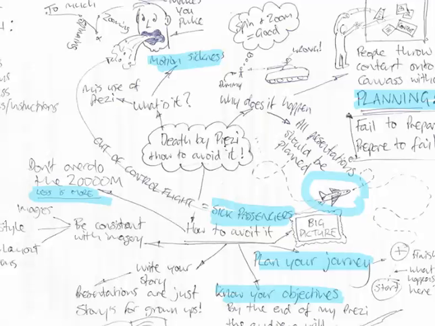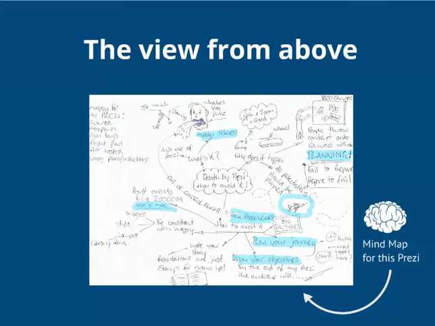And all of those things being on one sheet of paper in front of me really enabled my brain to come up with what we would call the big picture. Okay, now the big picture is extremely important in Prezi. It's the simplest way for you to really glue all of the concepts of your presentation together into one big visual metaphor. Sometimes it's extremely easy to figure out what your big picture might be. Sometimes it might take a little bit more thought. It really depends on what your subject is.